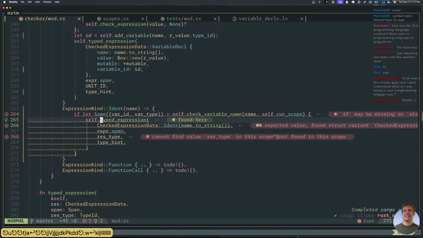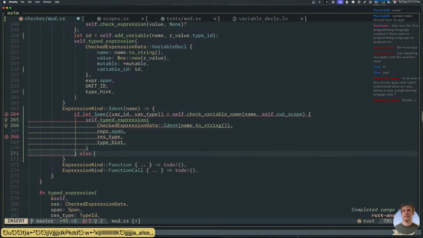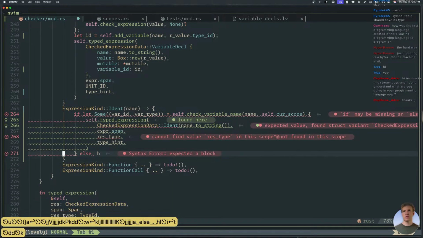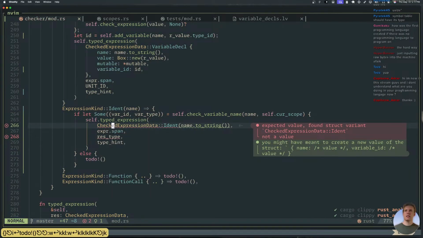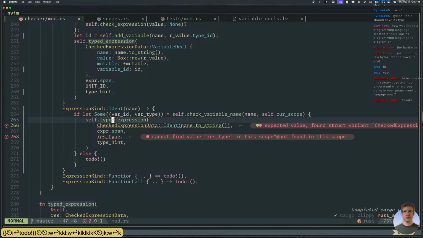So if the thing exists, then... If the thing exists, what do we do?